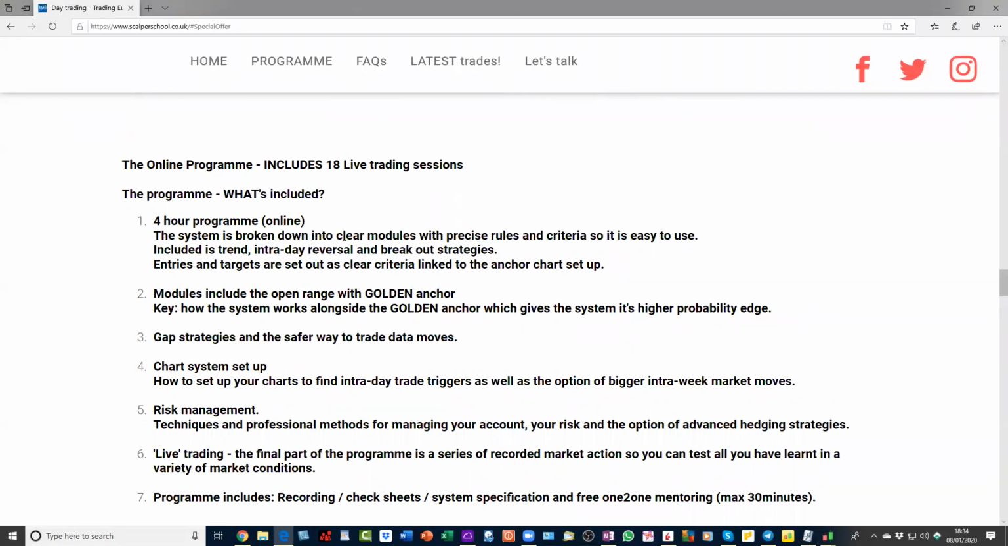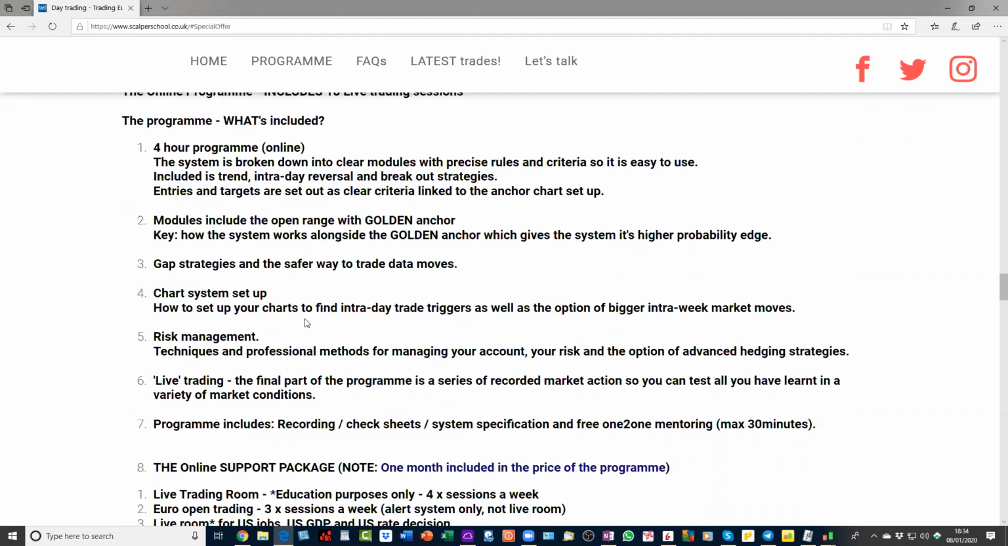The system is broken down into clear and precise modules, looking for the trend of the day. Then we do a whole study on the anchor system, the golden anchor. There are 3 entry systems on the golden anchor. If you're in the doldrums, in lower volume like the summer, the golden anchor tends to override the 5-minute chart